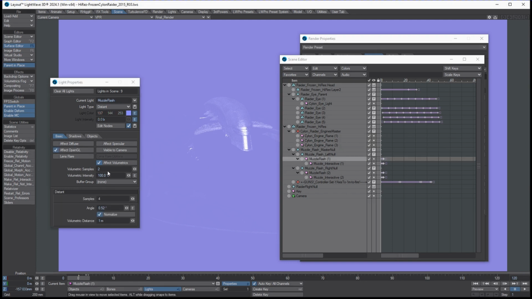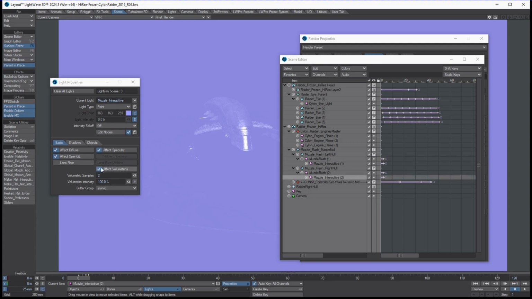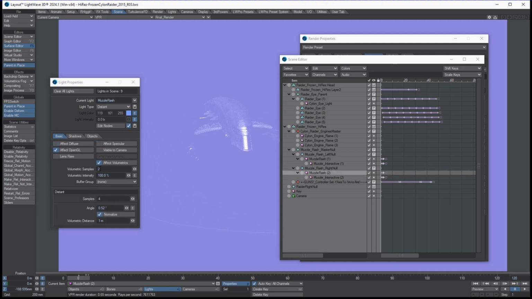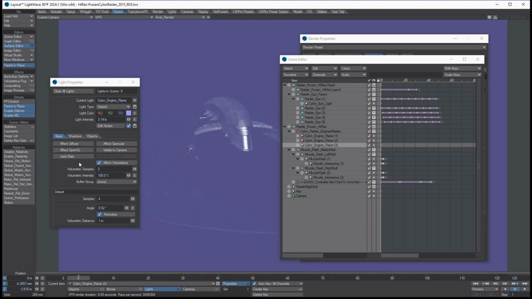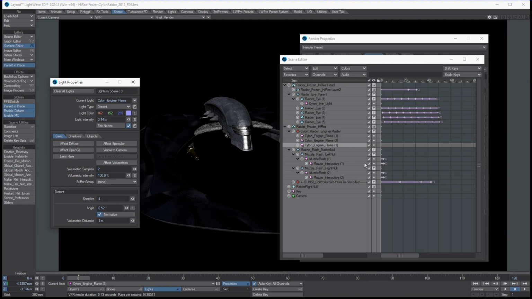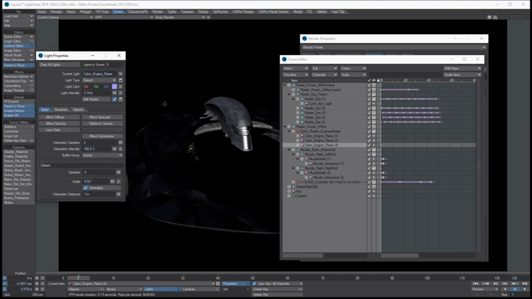But let's take a look at the muzzle flash. Let's turn that off for the moment. Turn that off for the moment. It's these edges. So there we got it. Okay, now let's take a quick look at